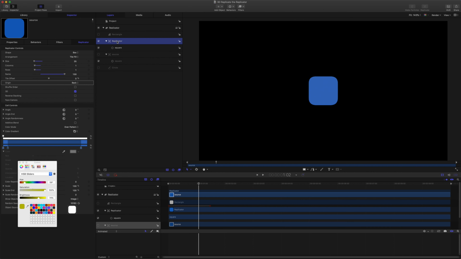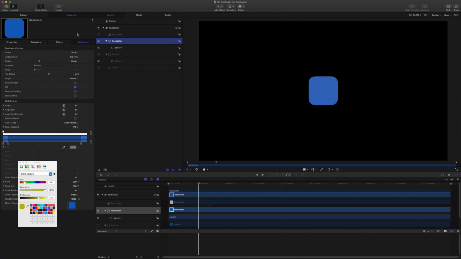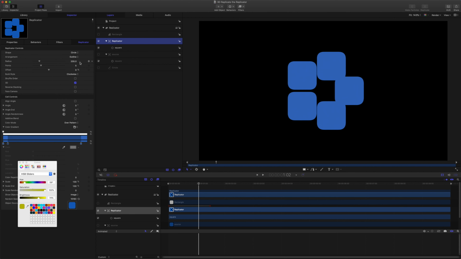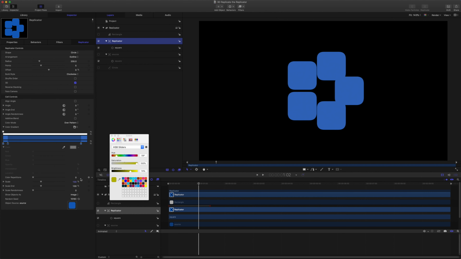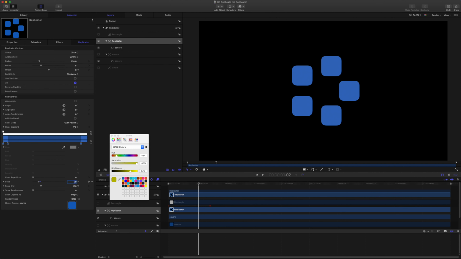Alright, come to this replicator, let's change things around. So we'll change in this case to circle and set to outline. Let's come and drop the scale down to 70,